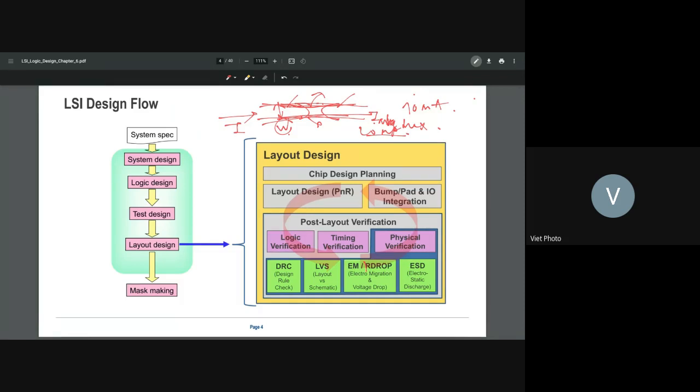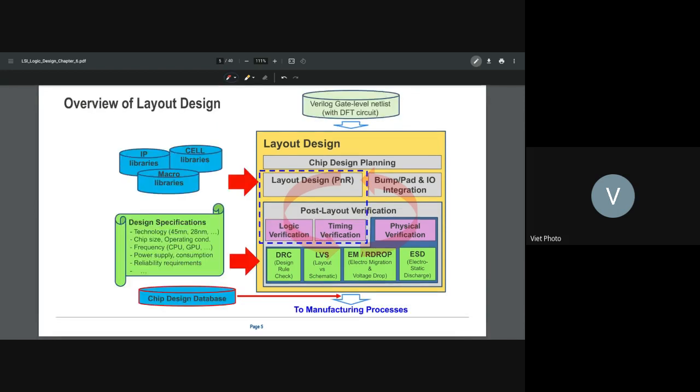All right, so that's just talking briefly about each step. Now we go to each step. I think this one is just a repeat. I think it's okay. The first thing is the design spec. Design spec is what is specified here, like which technology you use, 45, 28. Okay, it means that this